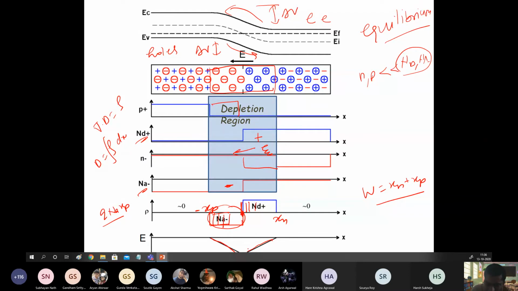Now you see it is inverted here. That means the direction is in the minus x direction. On the left side it is a p-n junction, right? If you flip it and write an n-p junction, then your field will look like this, in the positive direction. Because it is p-n, it is in the minus x direction, so the field is shown as negative.